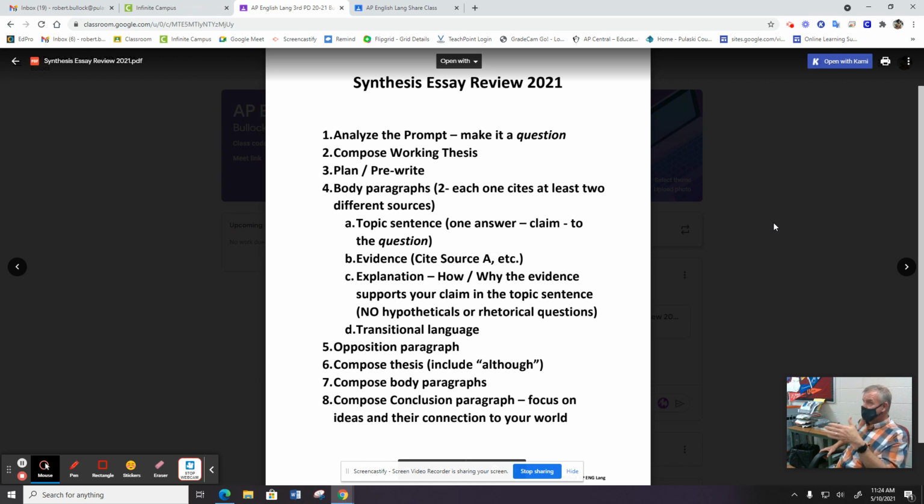Now, here's the thing. Let's say you are really good at rhetorical analysis. Maybe you struggle a little bit with argument, but you're really good with rhetorical analysis. Some students are fabulous at rhetorical analysis. For most students, they're either really good at it or they really struggle. There's not a lot of average in between. It either jumps off the page at you and you're like, wow, this is good, or you struggle with it. If it is your strong essay, as soon as you open that packet, go to it, read it, and write it. Then you can go back and do the argument or the synthesis, whichever one you want.